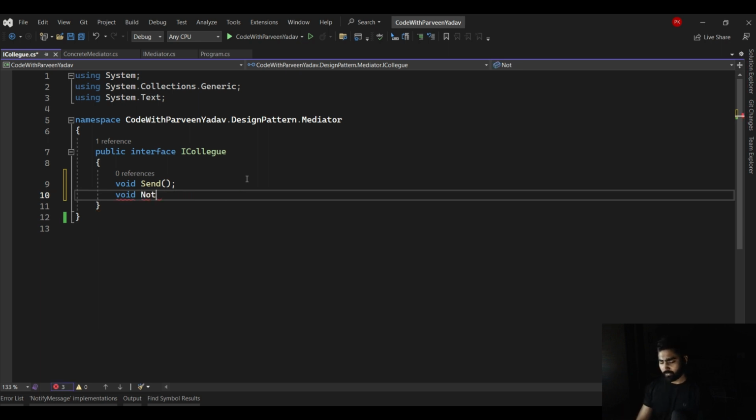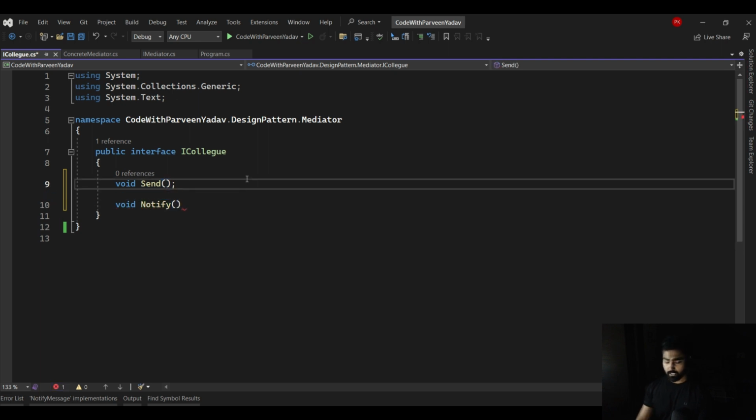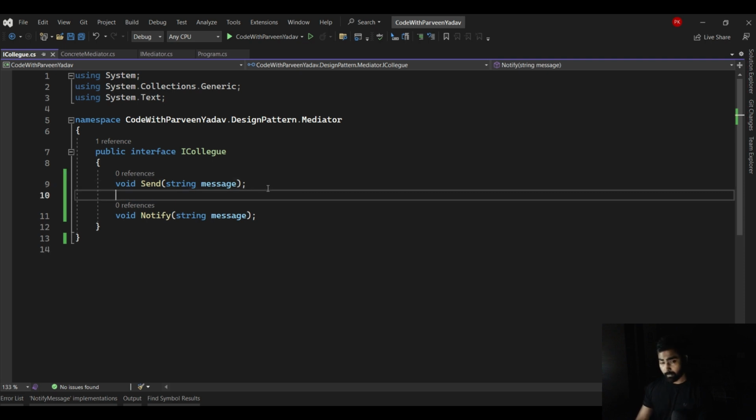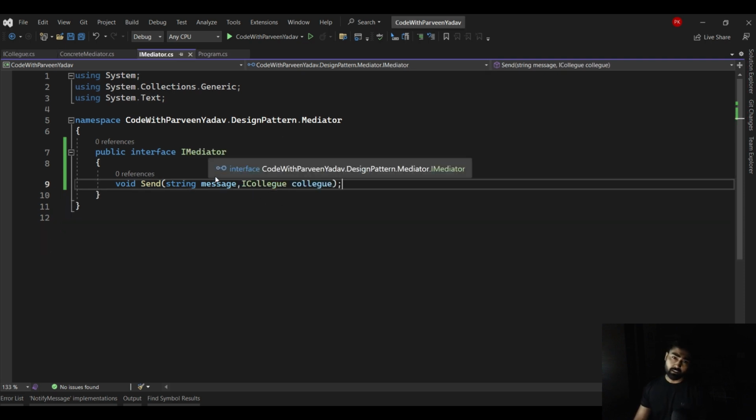So I would prefer notify. So let's say notify and send what? I need to send a string message right here also. So let's say message, and we have to notify the message. Okay, here you go. So IClick would have two methods, send and notify, but on the other side IMediator only